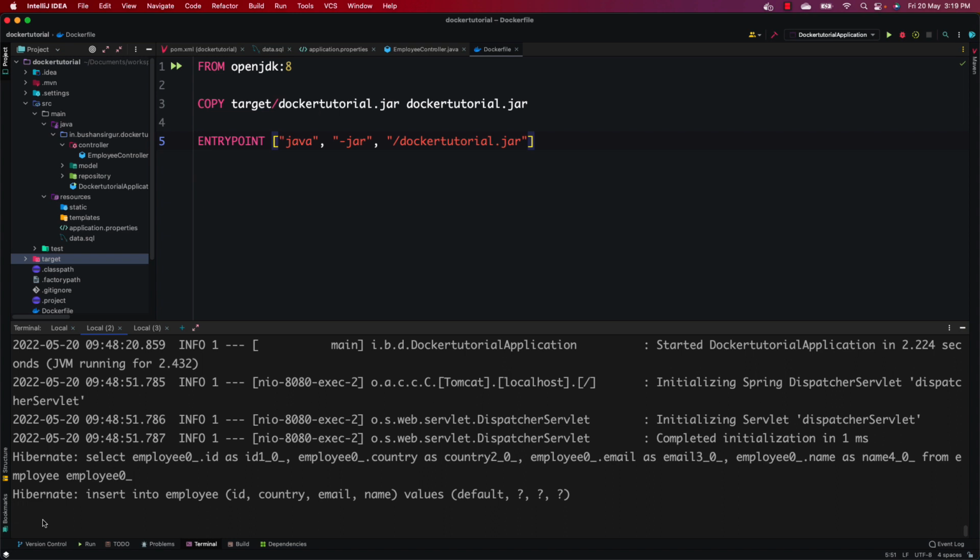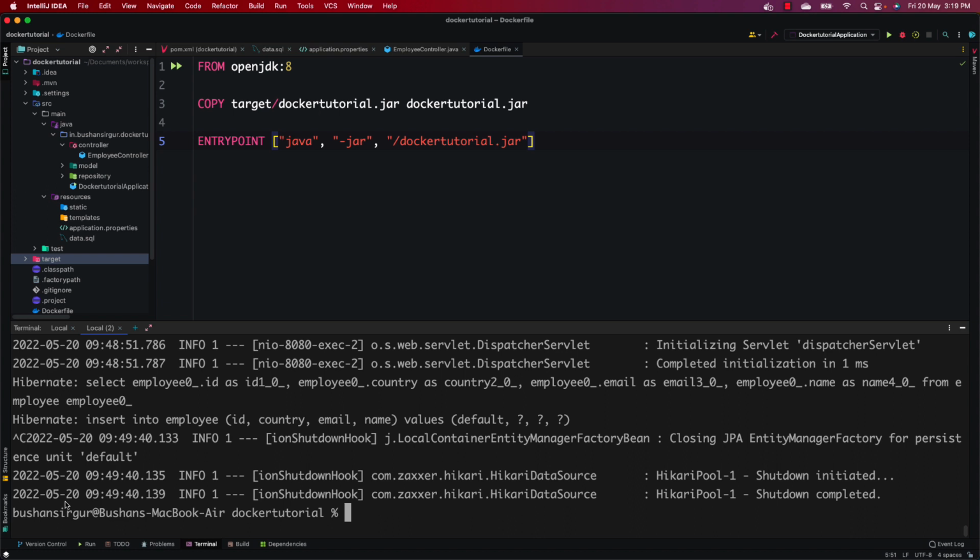We cannot execute any of the commands. We need to open a new terminal in order to do that. There is also one more way I will show you. So let me stop this. And now,